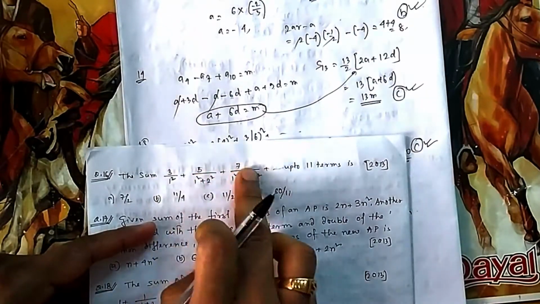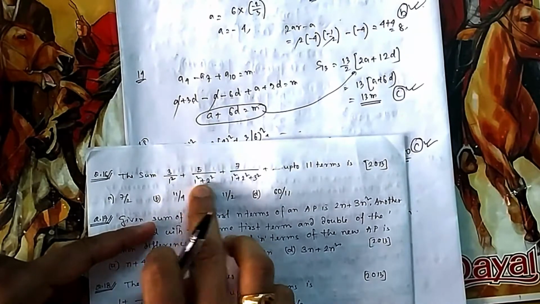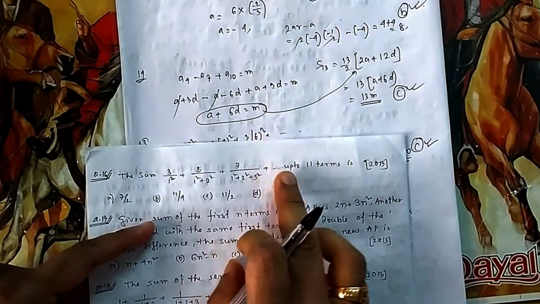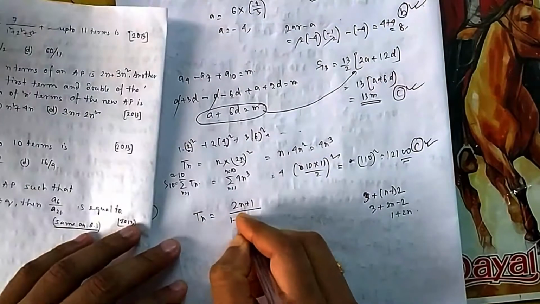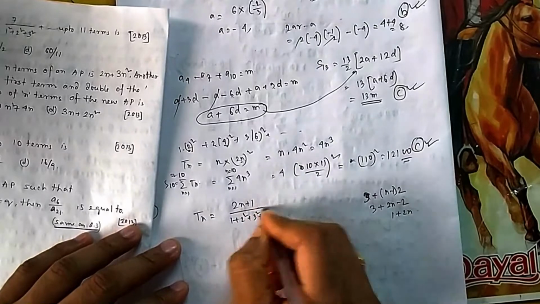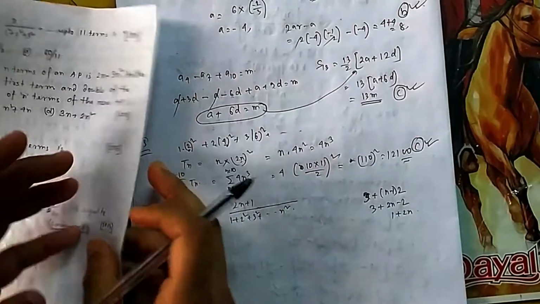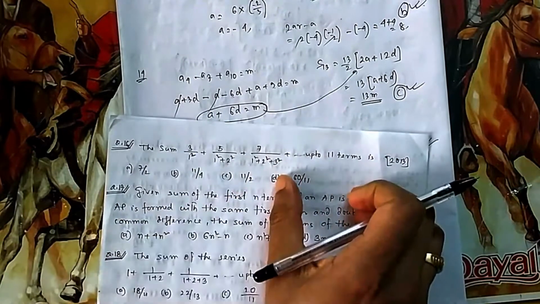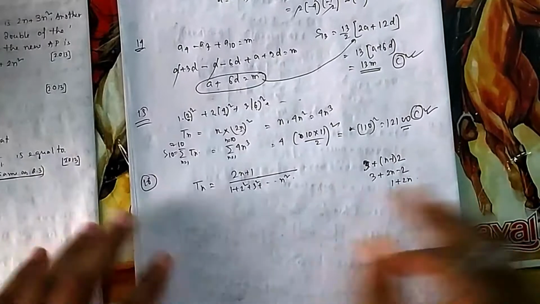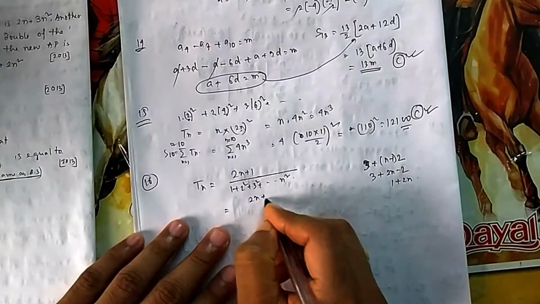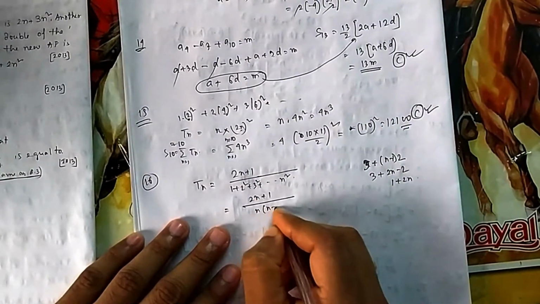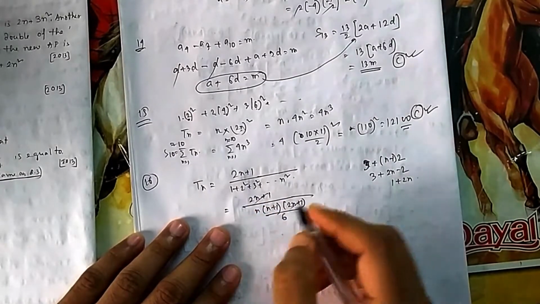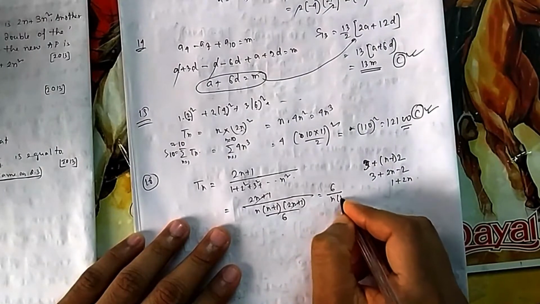And the denominator: it is 1 square plus 2 square, going up to 2 square, the third term going up to 3 square, the fourth term going up to 4 square, so the nth term will go up to n square. The denominator itself becomes a series, a summation up to n square. The nth term will be a summation up to n square. Now you know the formula for the summation of n square: n into (n plus 1) into (2n plus 1) divided by 6. So the 2n plus 1 will get cancelled, and it will be 6 by n into (n plus 1).